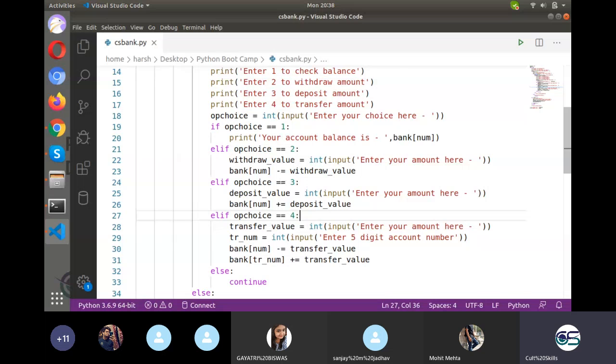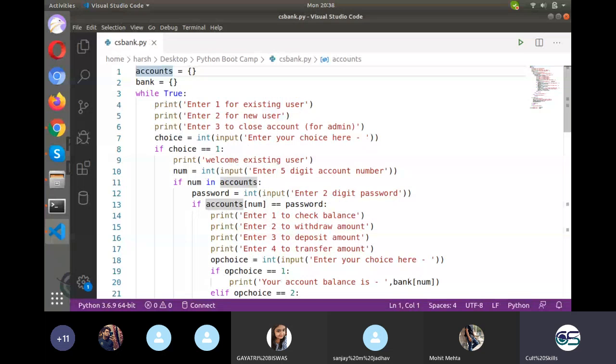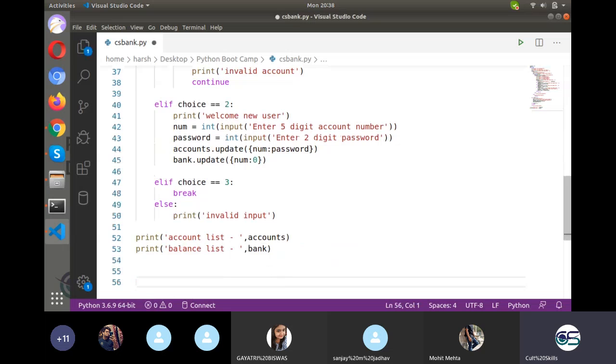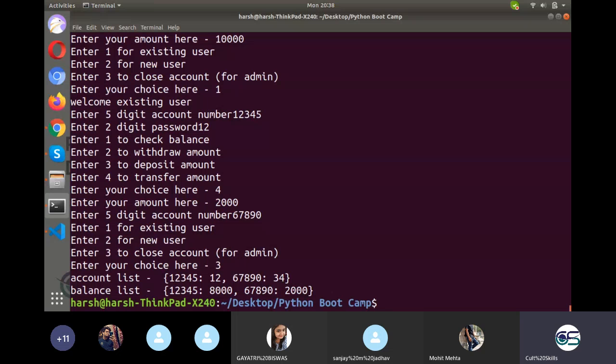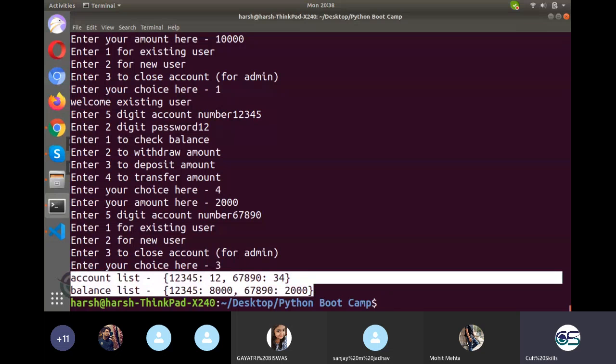See, what we are doing is initializing an account dictionary to be blank. We can initialize this to be a stored dictionary, but for that we need to store this not in our program, but in a file. For that we need to use something known as pickle. I write it there so that you can access it later for your study. Pickle can store these objects, and next time you just need to read them, and the values will come from a pre-stored file every time.